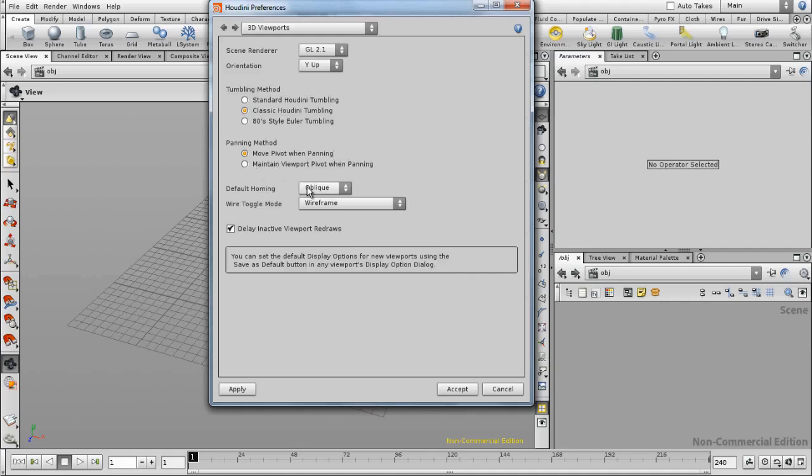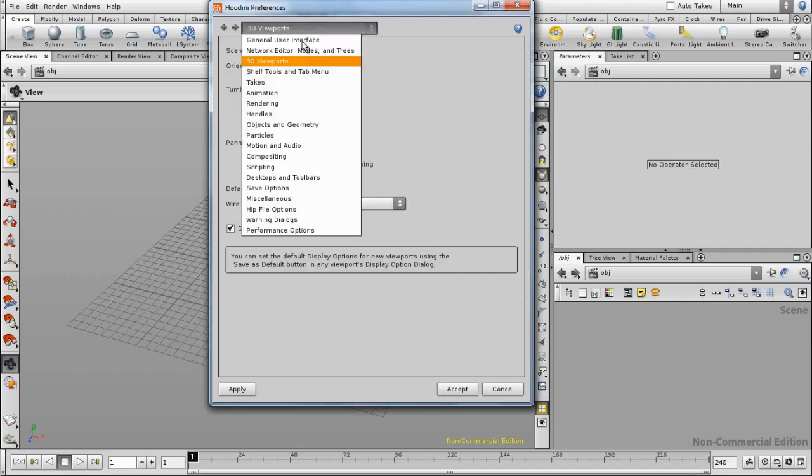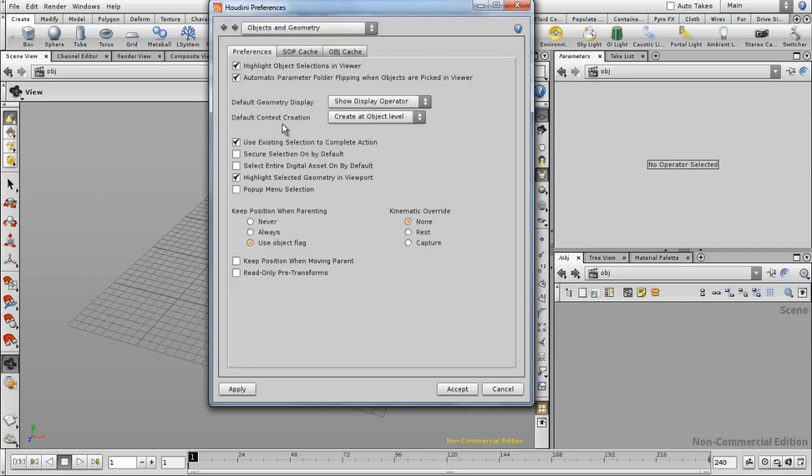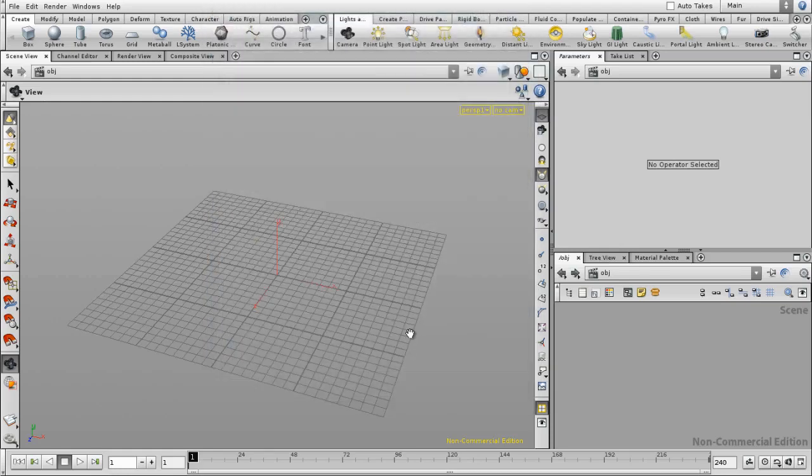The other thing that I don't care for is the default homing being set to oblique. I change this to Z-axis homing, so when we home the viewport window you're going to be looking at a bird's eye view down the Z-axis. So I change those two. The only other one that I'm going to change here is Objects and Geometry. And by default, the default geometry display is set to Show Current Operator. I like to use Show Display Operator. So I'm going to choose Show Display Operator,